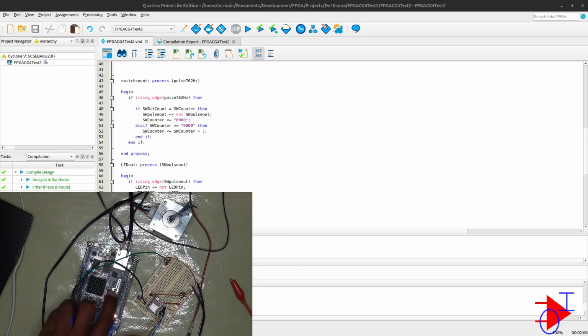Slowest would be 15. All 0. This is the 762 hertz. So 1, 2, 3, and 4, 5, 6, 7, 8, 9, 10, 11, I believe this is going to be 12,